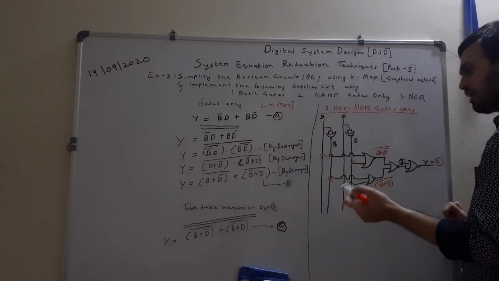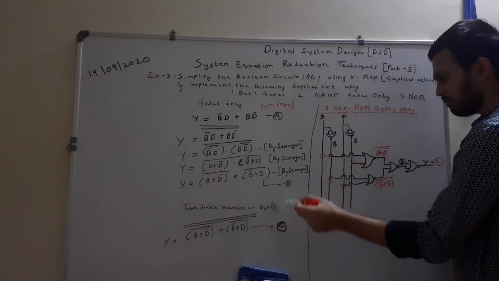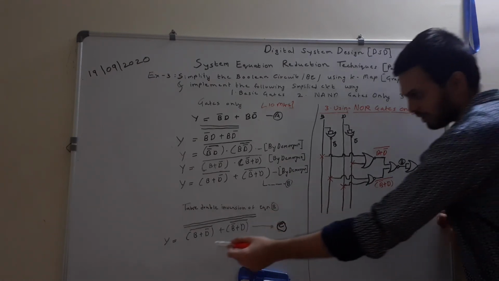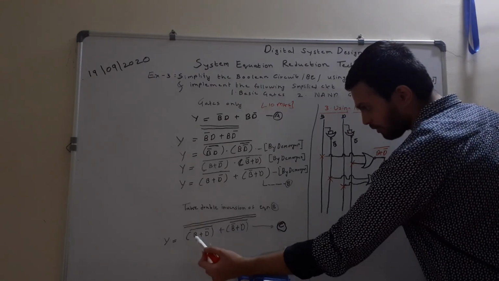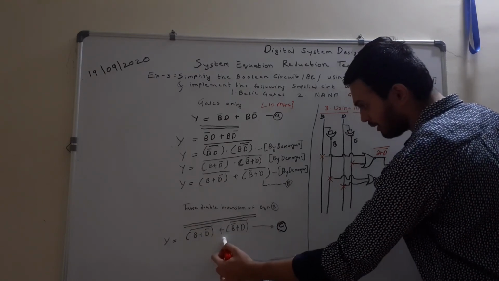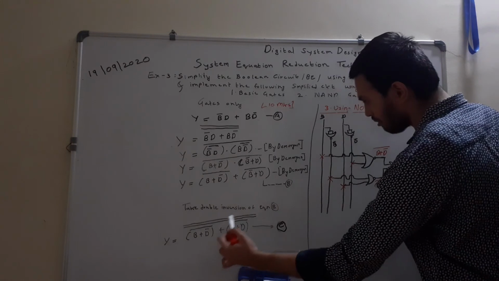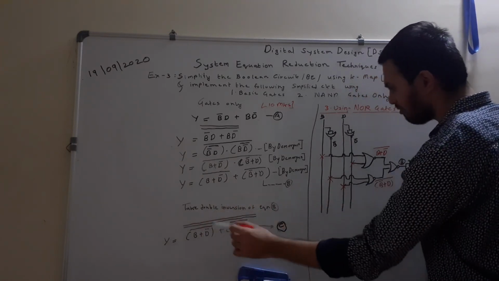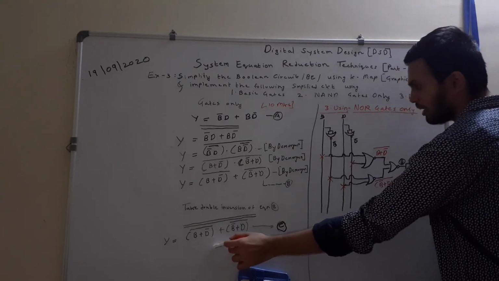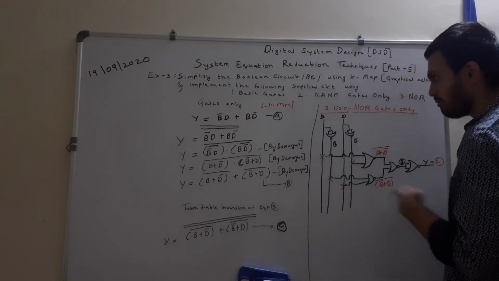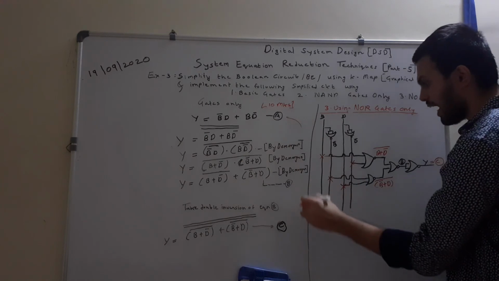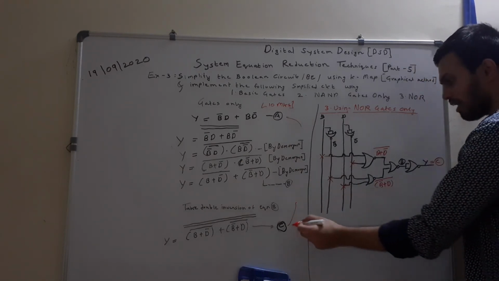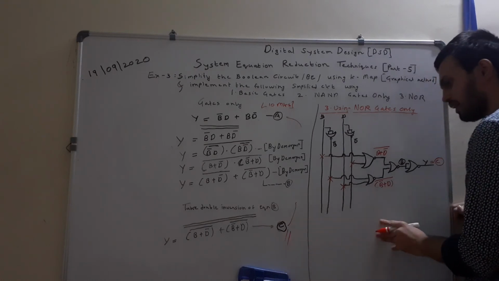So for that, when we obtain this equation B, we have to again take its double complement to get the final expression. So what will be our final expression? B plus D bar the whole complement plus B bar plus D the whole complement. This is our equation B, and we take the double complement of it. So we get the final expression, and this expression, equation number C, and equation number A are essentially the same circuit. So by now we have obtained the system equation.